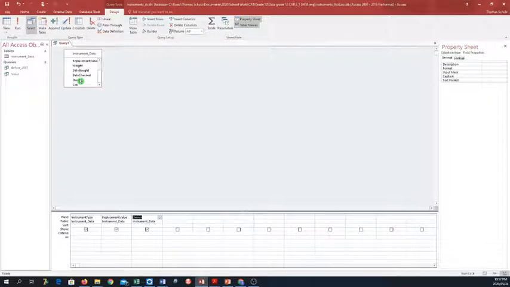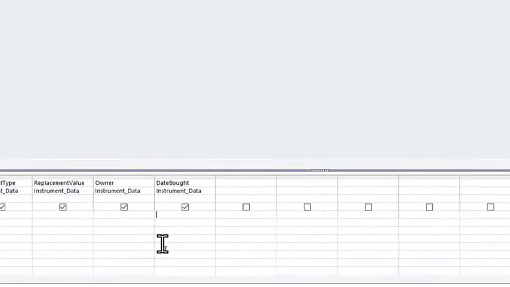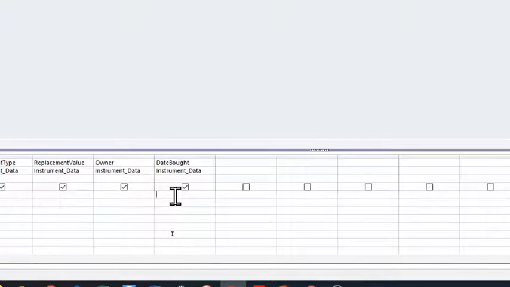Of all instruments that were checked more than 2 years, in other words, more than 730 days after they were bought. So I will have to say checked bought. So that were checked more than 2 years after. So over here in my date bought criteria, I'm going to zoom in there so that you can see again, because it's, so we say bigger than,